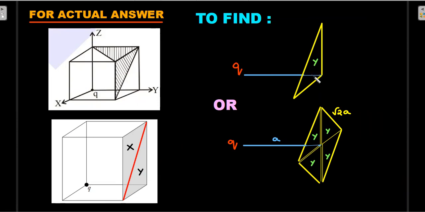To make it more symmetric, let me complete a square here, so that this blue colored line is the line of symmetry for that square. So I build 4 such y's like this. Then what would happen to this surface? This would be a square surface. Only difference is that the side of the square, which is this line diagonal, is root 2a.